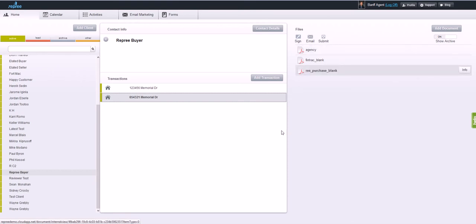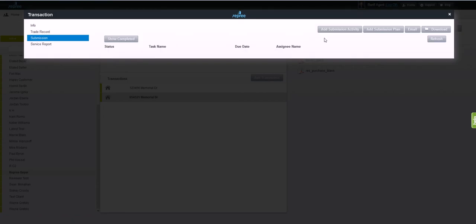Once I'm selected on the transaction, I'm going to click the Submit button, which is located just above the document list. Now at this point in time we need to select what type of transaction is going into the office, so whether it's a listing submission or a purchase submission, and your office will have created plans that associate with the different submission types. So to do that I'm going to click Add Submission Plan,